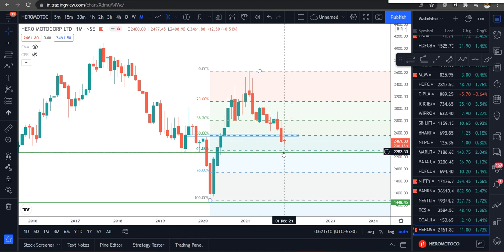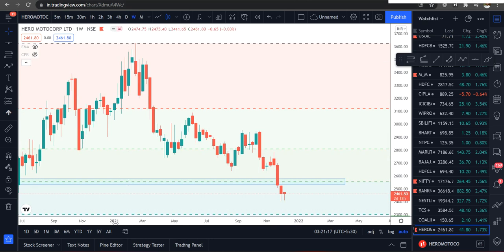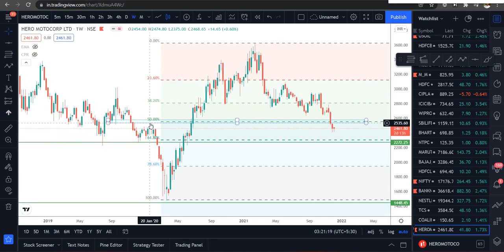So for example, if you see here the 50 level which I marked, let me convert it to weekly. On the weekly, if you see, this is a resistance line, this acted as a resistance. So what I thought is, okay, market could turn from this place, but when I checked this candle, it's completely a bearish candle, red candle, so I couldn't see any signs of reversal here, so I didn't invest anything.